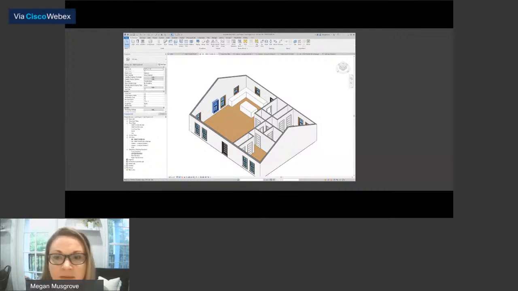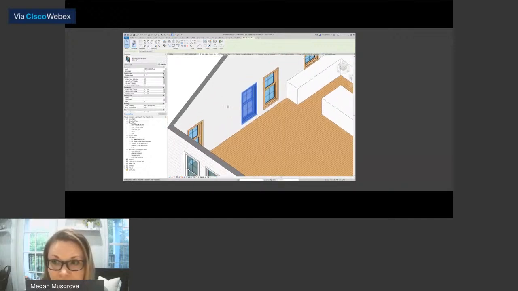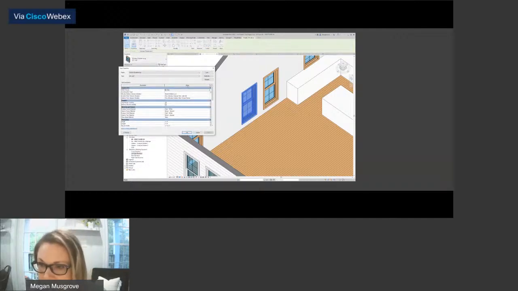Now, if I make a change to this window type, it's going to change all of the ones that are the same type, which are all of them except for those two. So I'm going to leave these visible and we're going to change this. So I don't like that wood trim on the inside. So what we're going to do is go here to edit type, and I like how this has this broken down. It used to not do this, and I actually have taken a lot of my windows and made it